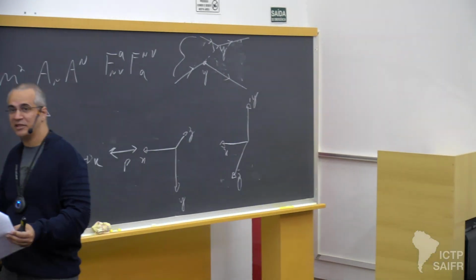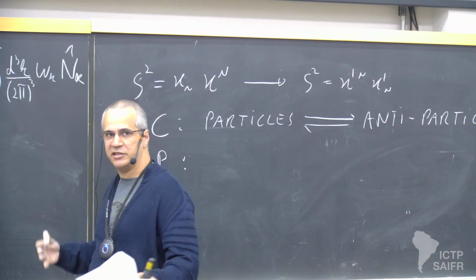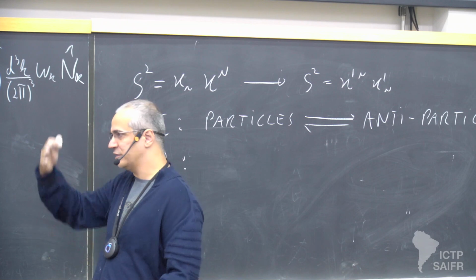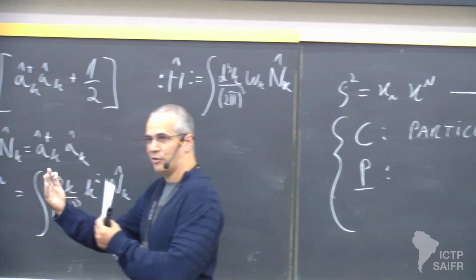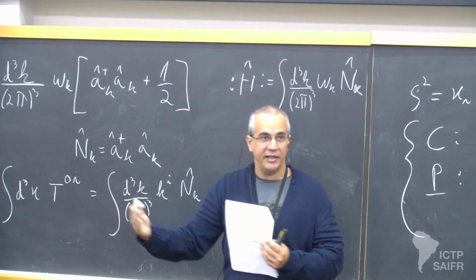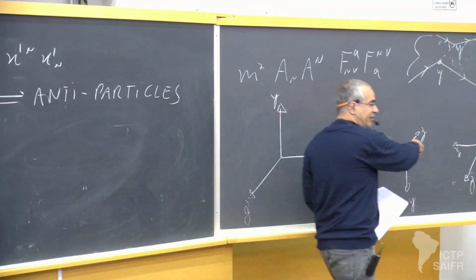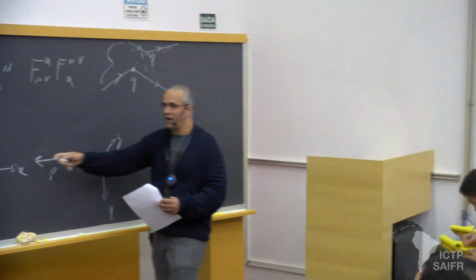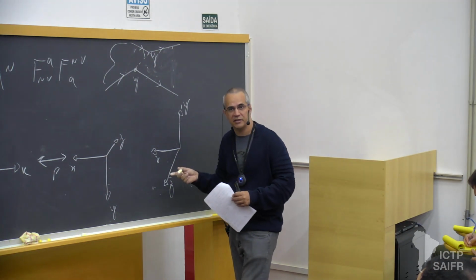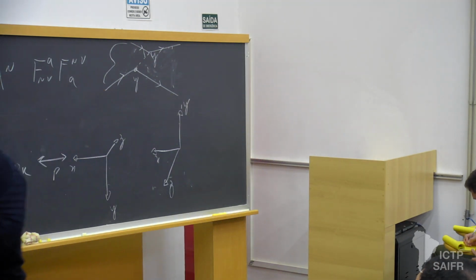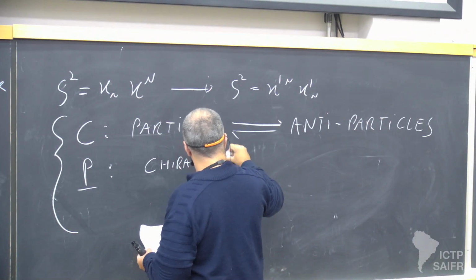And that's exactly what happens in a mirror. When you're looking in a mirror, you're not changing anything in the direction which is parallel to the mirror. But as you move to the mirror, the image moves towards you. So you're exchanging that direction. And that changes something we call chirality, which is the vector product between these three guys. It is inverted. The right-hand rule here becomes the left-hand rule here, and vice versa. So really, what parity is doing is changing chirality, and that's why it's important